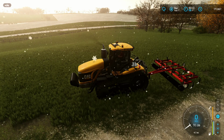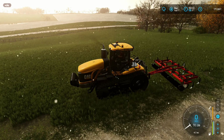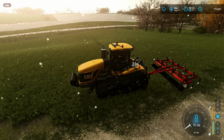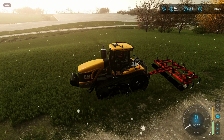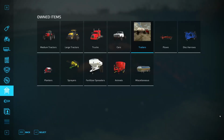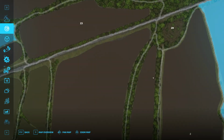Alright, December is here, and the new tractor has been purchased. A new Challenger MT835. Now it's time to go do some field work. So what we're doing is I'm reworking